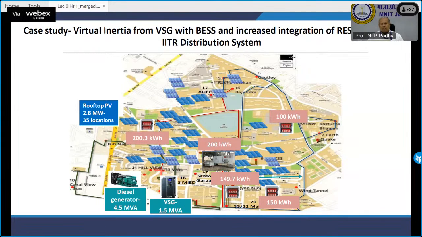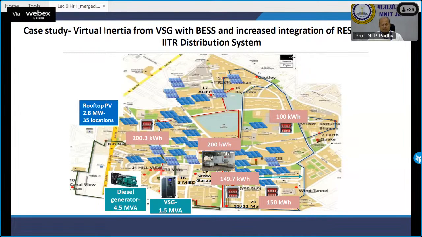But this case study was performed with older data, with 1.73 megawatt of renewable energy, PV. So this analysis is with reference to 1.73 megawatt. But then slowly it has been reworked with the major chunk of 2.8 megawatt of renewable, because if you have maximum renewable, then only can you foresee the inertial challenges. Otherwise, it will not be as effective.